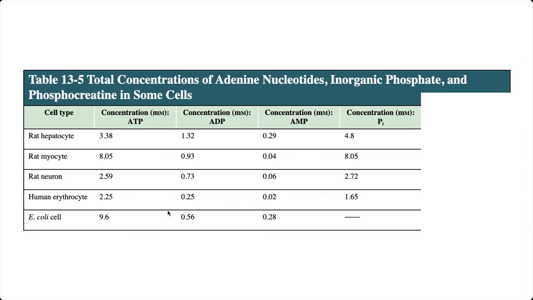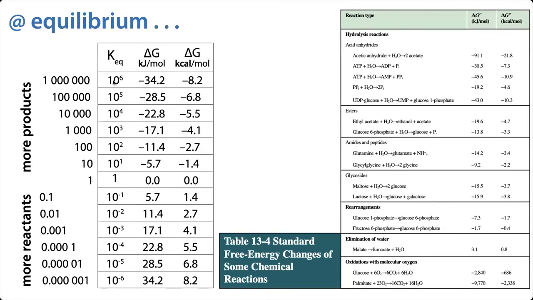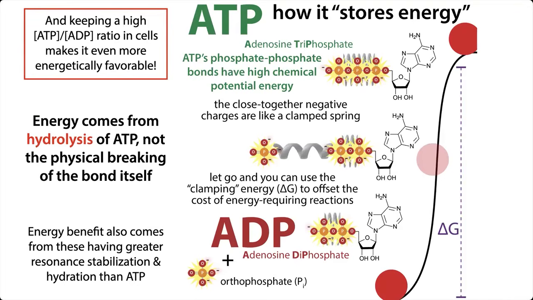And in some cases, significantly more. In our red blood cells, for example, our erythrocytes, we have 5 times more ATP than we have ADP. Despite the fact that if we were to let that reach equilibrium, we'd have between 100,000 and a million times more ADP. Instead, we've got about 5 times more ATP. So we're able to keep things even more favorable because we are making it so that we're even further from equilibrium than we would be if we were at standard conditions.